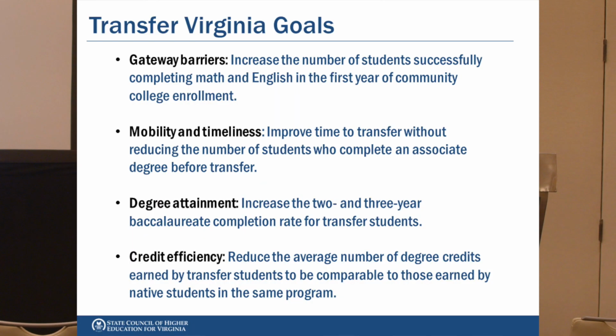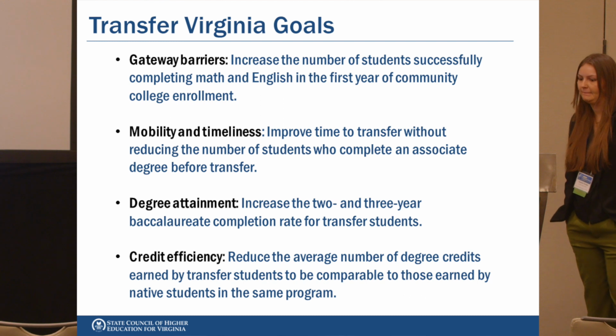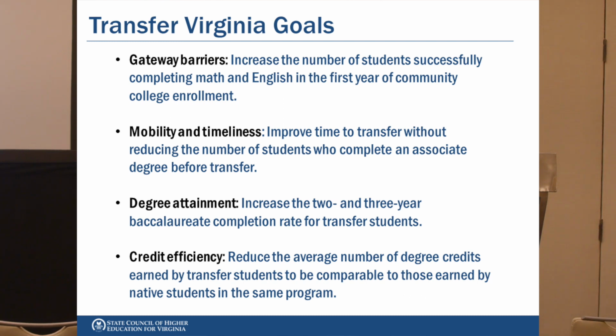So Transfer Virginia, we started this back in 2018 with 4 goals. These, I think, are pretty standard goals, but the main thing was to improve efficiency, graduation rates, and get the students in and out. So we have our gateway barriers. We noticed that students that did not complete math and English in their first year were not completing. And if they were completing,